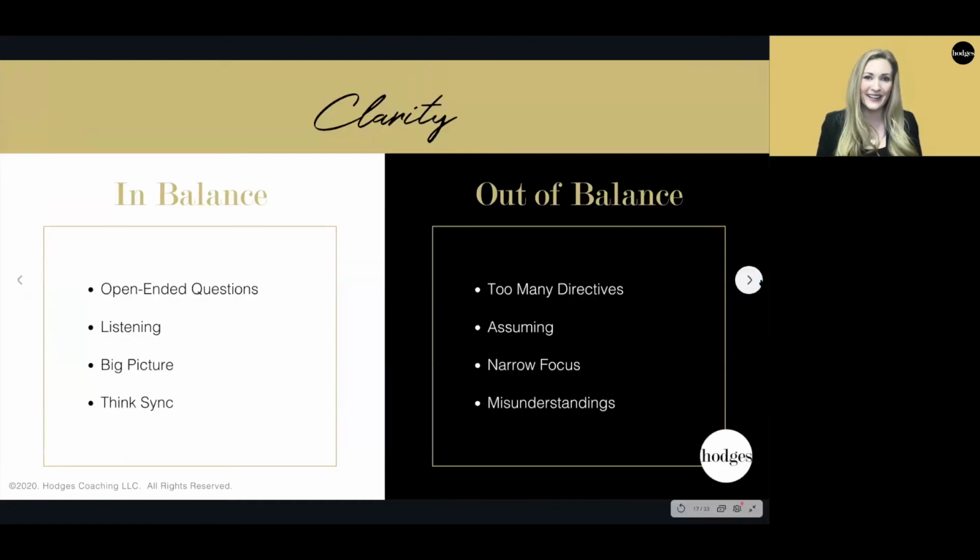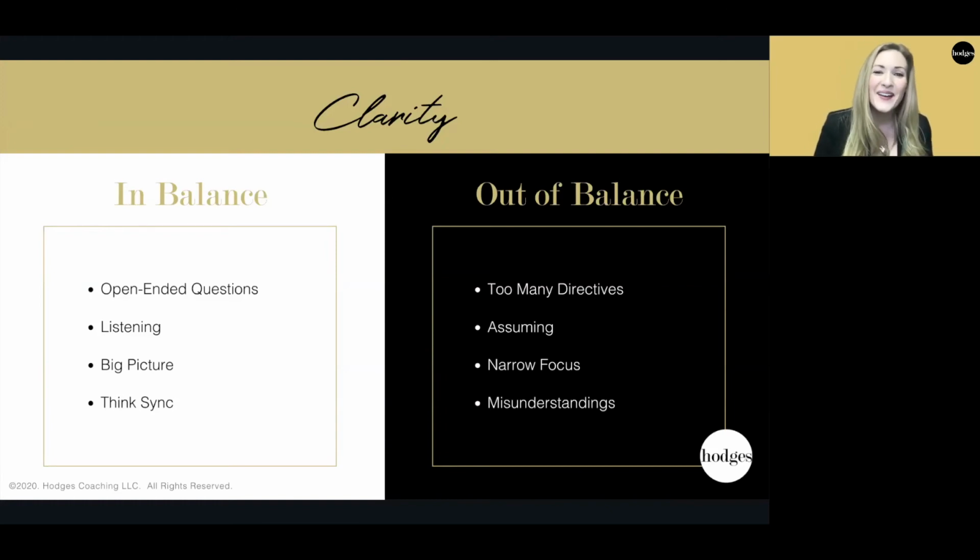And then we have clarity. This is the element of team leadership that most of my executives that I coach complain about. They're like, I've said it 15 different times in 15 different ways. I don't know why they still don't get it. Well, it's because you keep talking and you're not asking any questions.